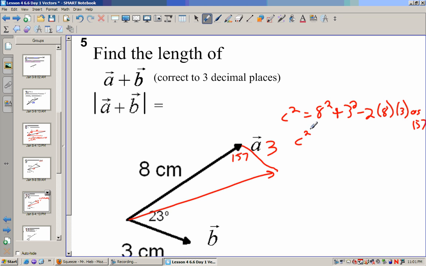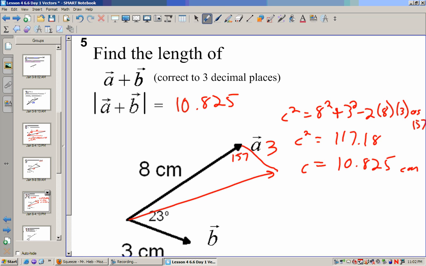So c squared is going to equal 8 squared plus 3 squared minus 2 times 8 times 3 times the cosine of 157. That is 117, and when I take the square root of that, c is going to equal 10.825 centimeters. So that's the same thing as the magnitude of a plus b,